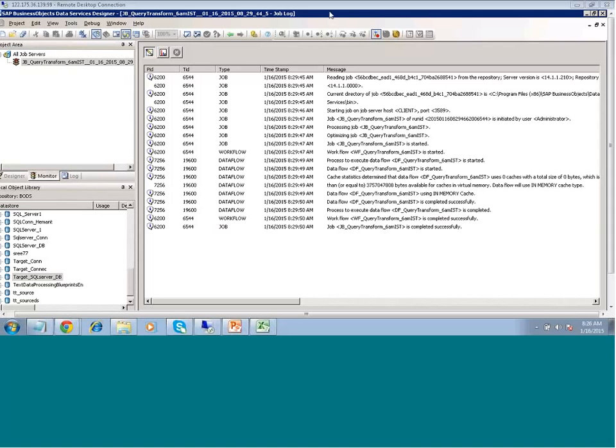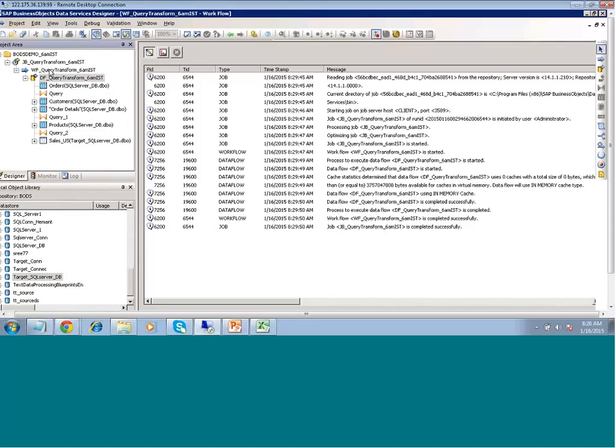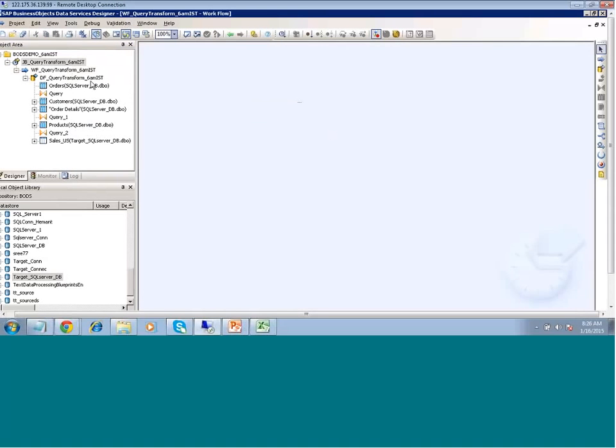Job. Okay, which one is going to be complete first? Data flow. Right. Yes. Once the data flow is completed, we can say that workflow is successful. Once the workflow is successful, you can say that job is successful. So this is how actually we are going to proceed with